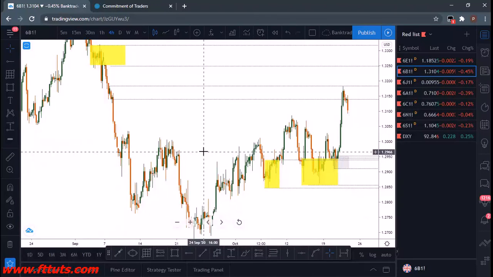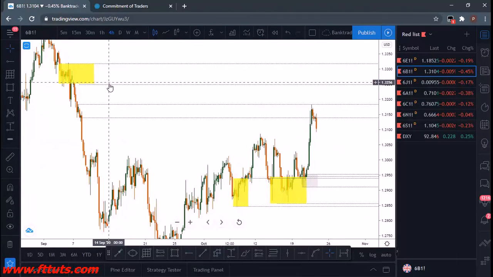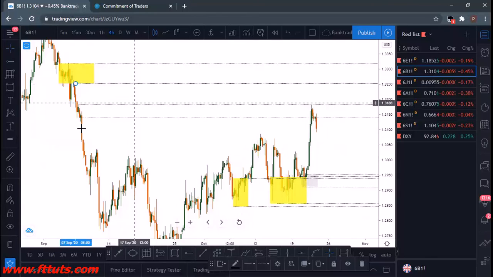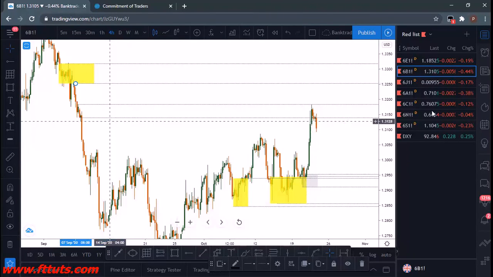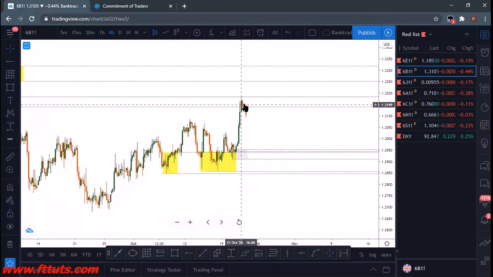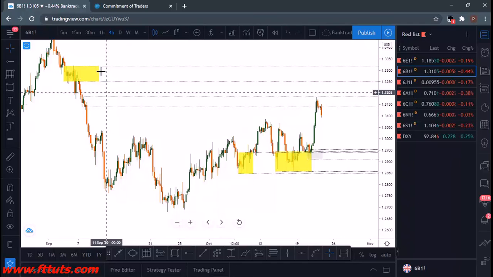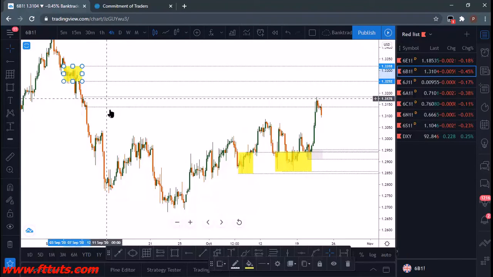Yes, you can take counter trend trades, but from my perspective, this area is nice, but this area that you want to go short from, you cannot take a trade because